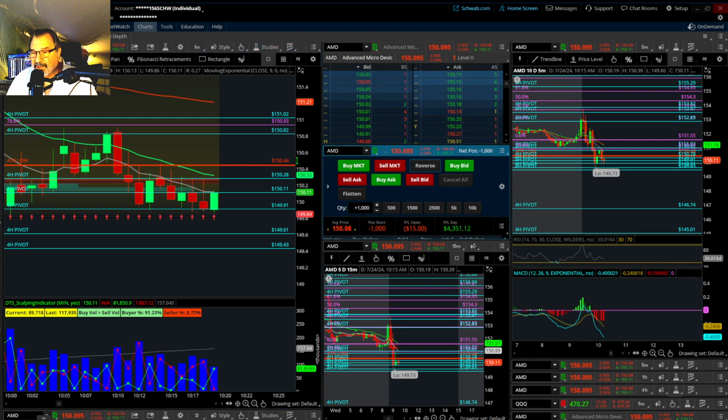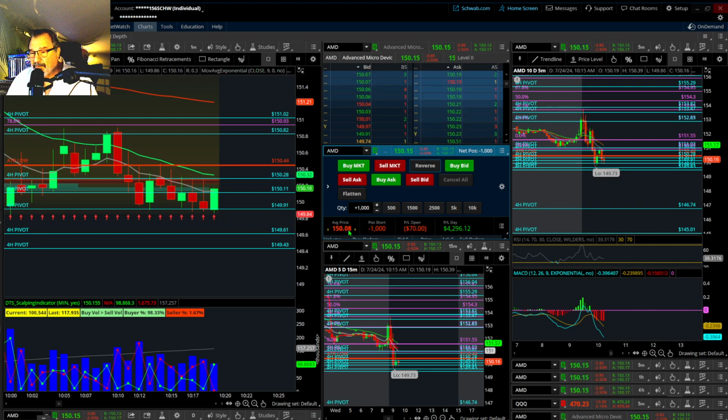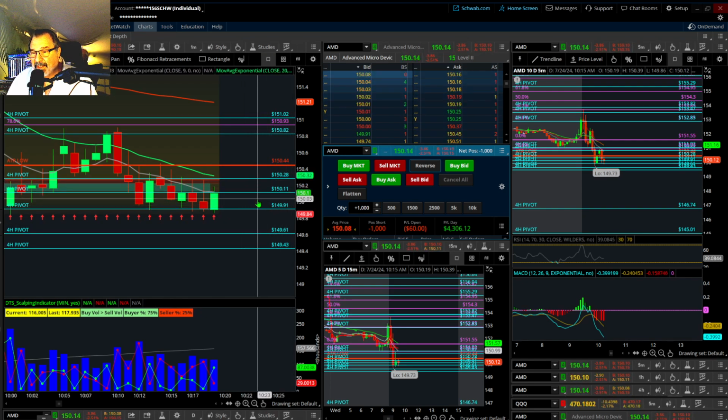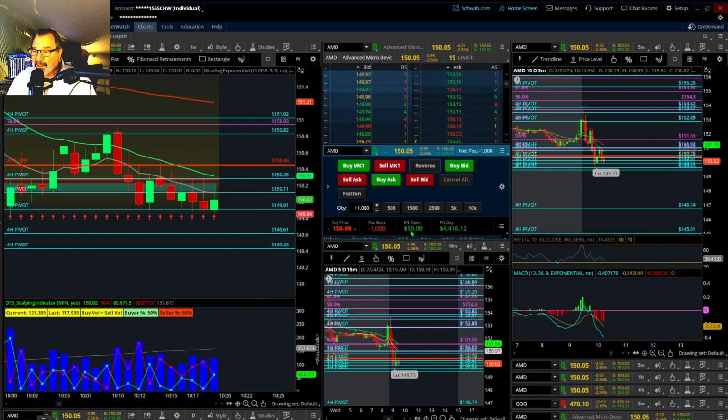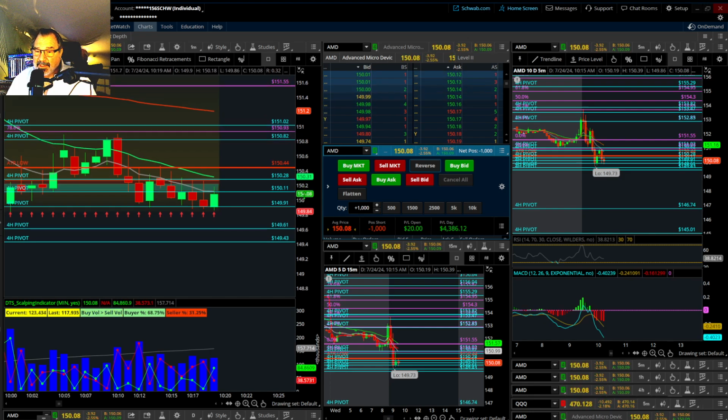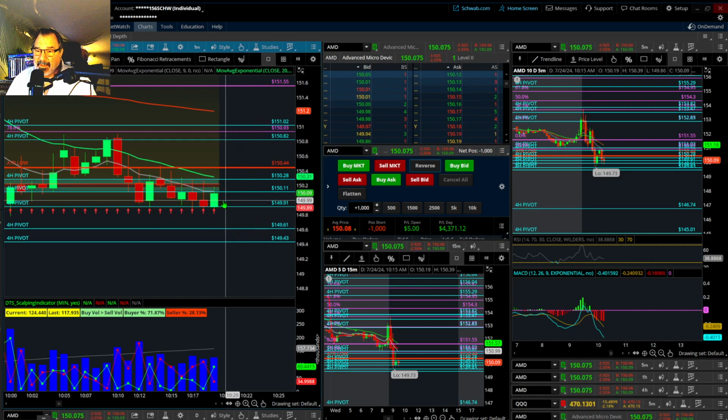I'm going to reverse there. So now I'm 4 cents lower than I was the last time I held a short position. So if it starts going up and up, then I'm in a bad situation. But as you can see, I banked 4,400 now. So it is stair-stepping up.